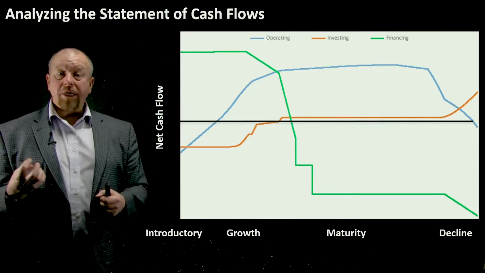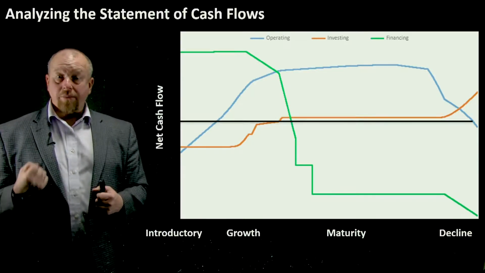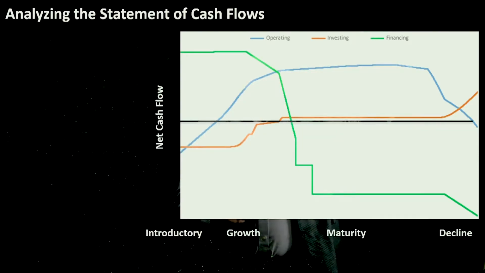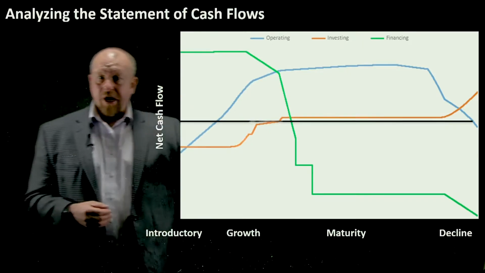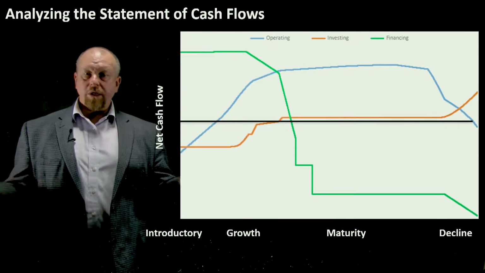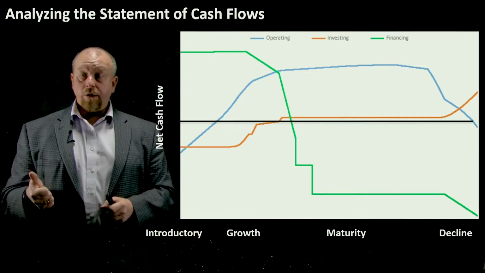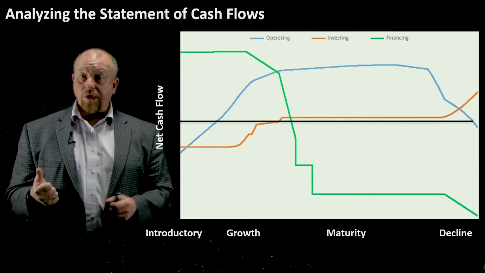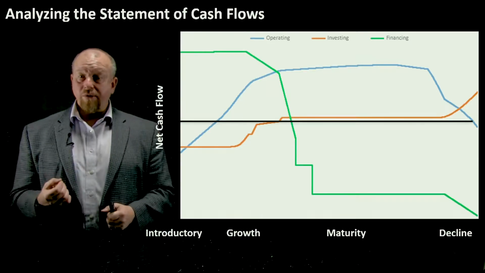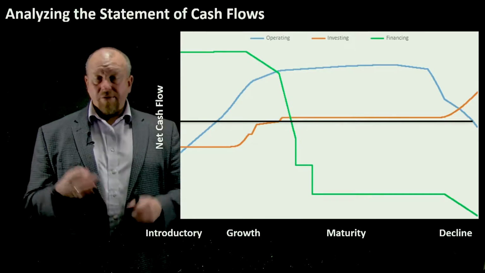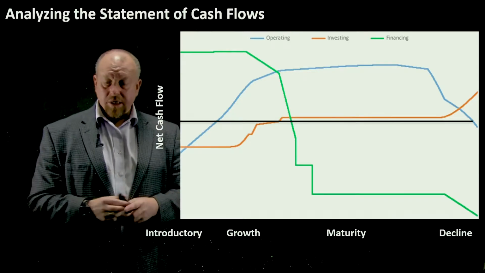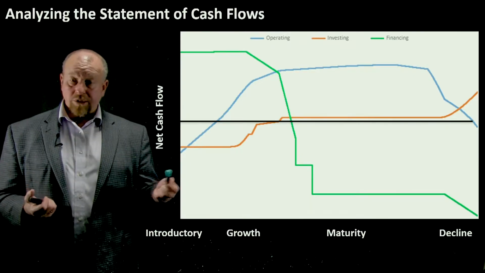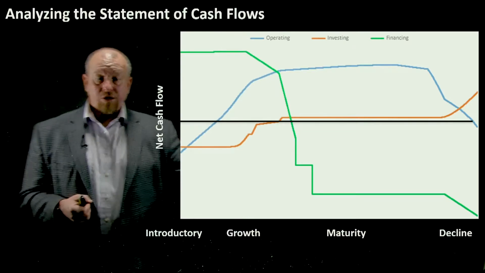And even when we get into maturity, now that we're generating positive operating cash flows, which you kind of see the blue line under my finger right here, during this maturity phase, this thing is a cash machine. It's printing money. Well, what are you going to do with all that money? You're going to pay your investors dividends, potentially, and you're going to repay debts that you incurred during your introductory and growth phases. So what you can see is, and of course this is just one hypothetical illustration, but for a mature entity, it would not be unusual to see these operating cash flows distributed to owners.